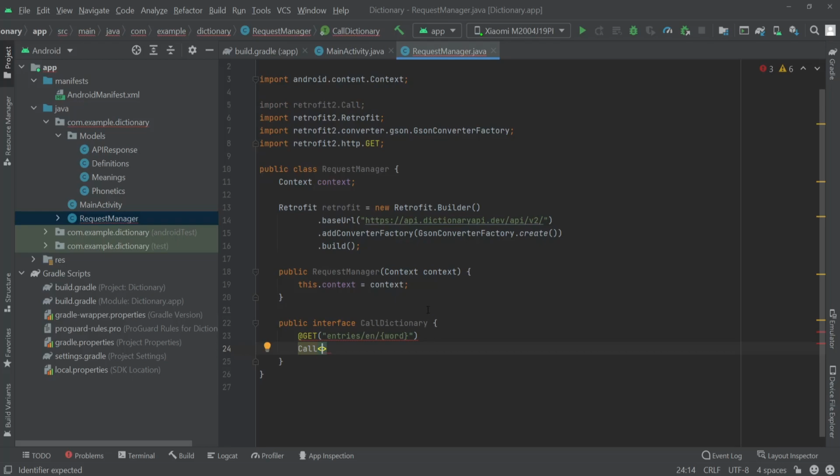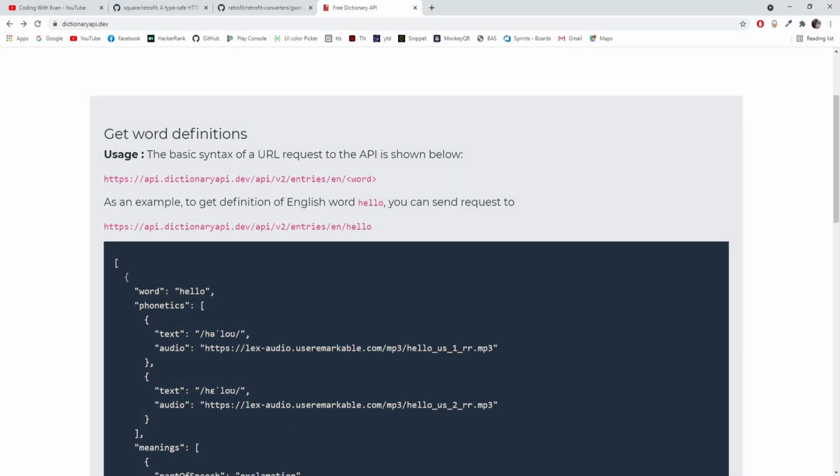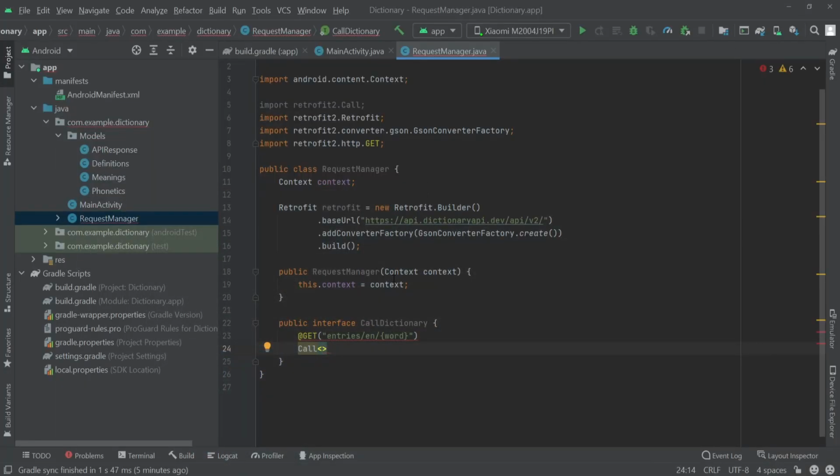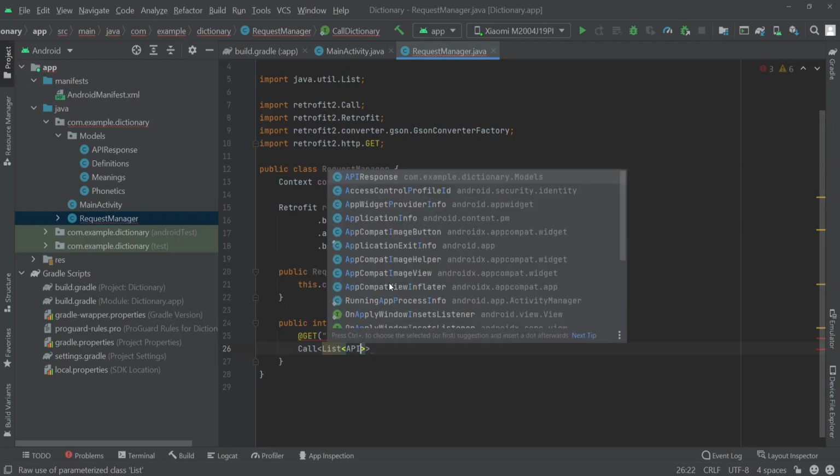So why am I adding a list of API response? That is because the response we are getting here, the whole response is an array. Okay, so let's minimize this and let's write list of API response,